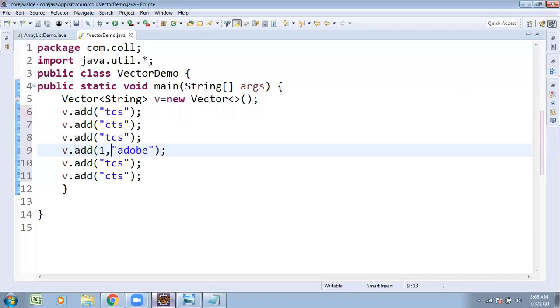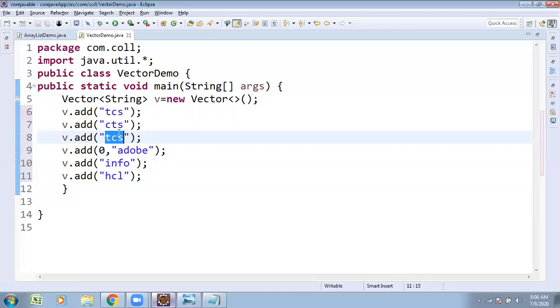Understandable. Index of 0, add int index comma element method. Here we are using this. Otherwise the element is added at the end of the collection, but they wanted to add it first. Infosys is there, TCS is there, CTS is there, HCL is there, like several companies. Here duplicate elements are also there.